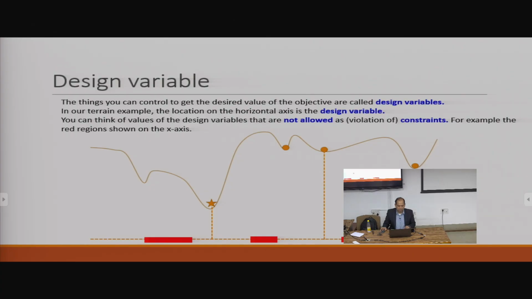Just to give you some idea of what's coming, these circles are what we call local optima. So we found locally the best point. From a classical optimization standpoint, the gradient of the objective function is 0 here, and your Hessian is positive definite, which means that the function is convex at this region. So it's convex at all these regions, so it follows the local optimality